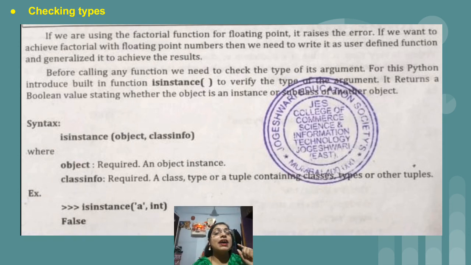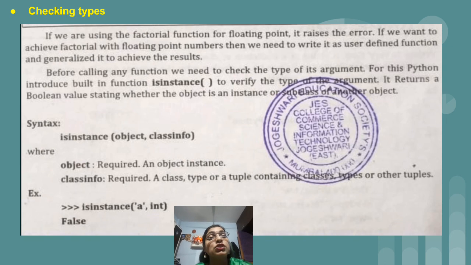So why do we make use of the isinstance function? Just to see the type of arguments which we have passed to the function. In this case we have passed a as a string, so the first argument, the object, is of string type, and while providing its information we have written int as the data type, so that is wrong. So the function will give you the result as true or false. It's a kind of boolean function, as with any function that has the is keyword. We have seen isinf, isnan, and similarly we have isinstance also.